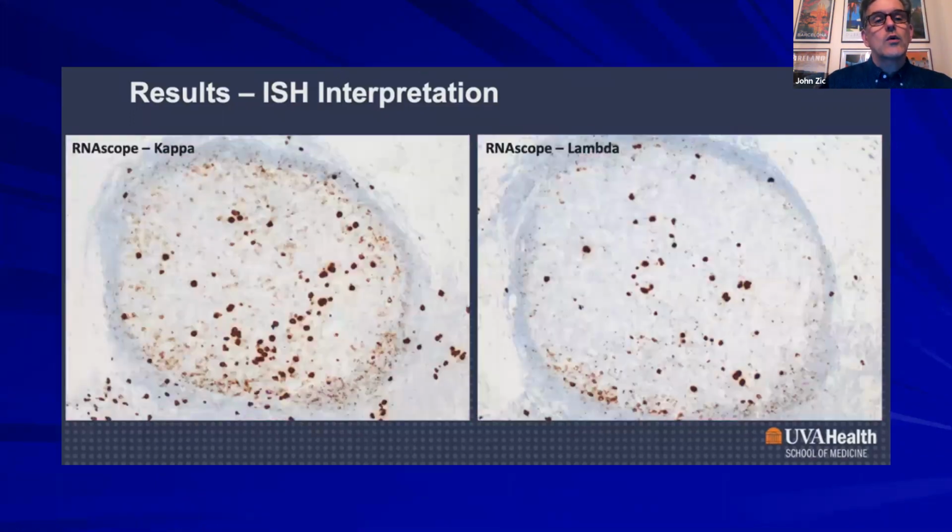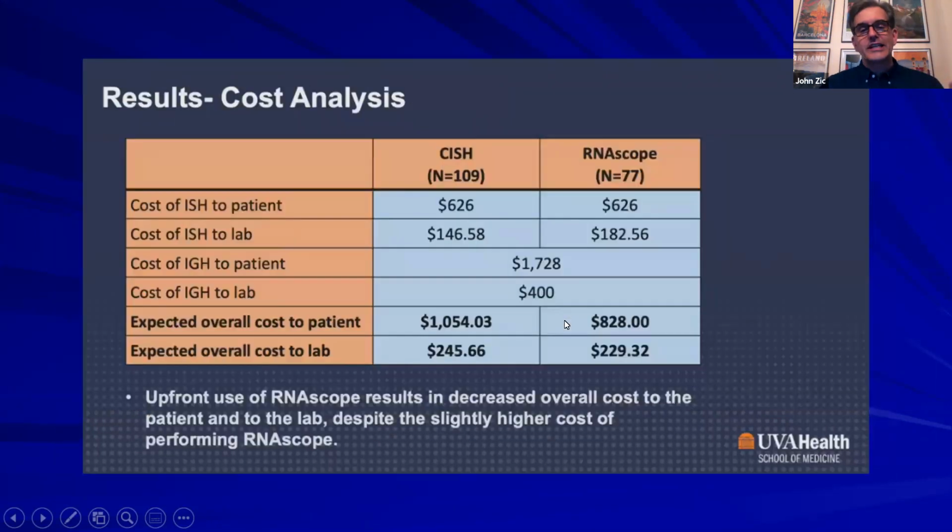Well, with the RNA scope type staining using this special technique, it makes it much easier for the pathologist to say, oh yeah, there's more kappa staining than lambda. And I think you would both agree there's more brown dots on the left slide than the right slide. And so big deal. Well, it can be a big deal to the patient. That's you all. And it could be the difference in several $100s because normally what you would have to do